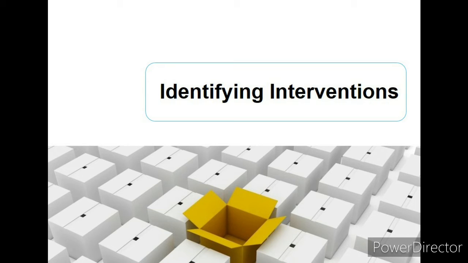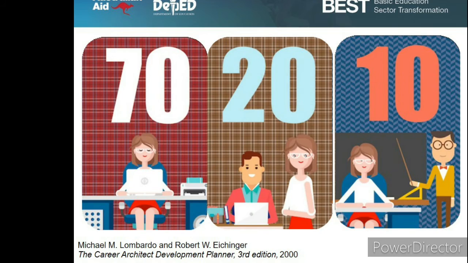There are varieties or different strategies and interventions in order to attain the objectives in the L&D plan. According to Donald Kirkpatrick, interventions can be best acquired in a 70-20-10 distribution. As we can see in the picture on the screen, the 70 is represented by a woman studying her tasks, her functions all by herself. And the 20%